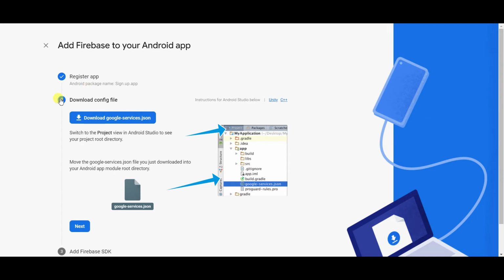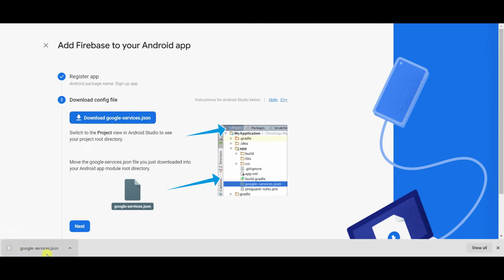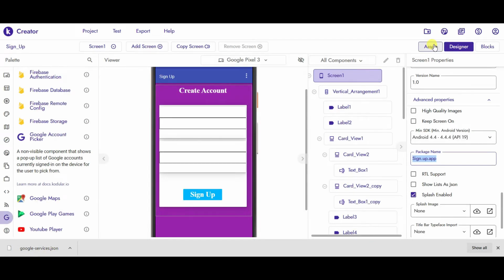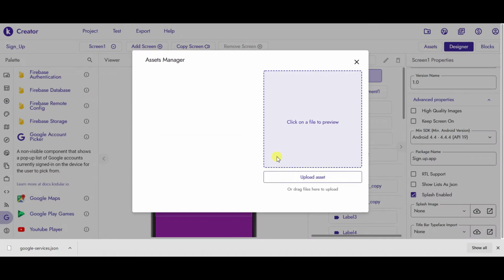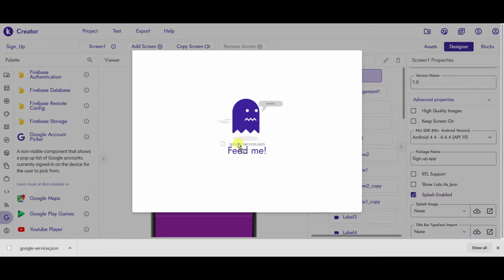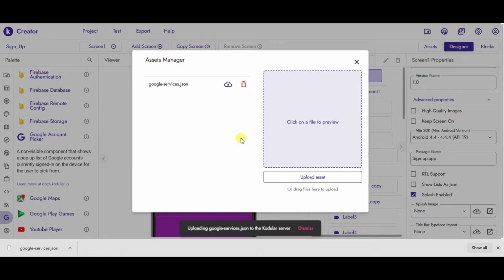Then you get one JSON file here. They ask you to download one Google Services JSON file. So just click here and download this file. Once it gets downloaded, go to Cordula, go to the assets folder here in Cordula and just drag this on the screen.